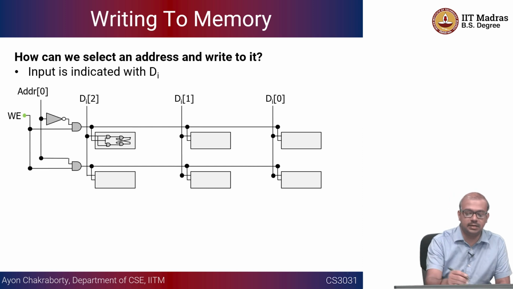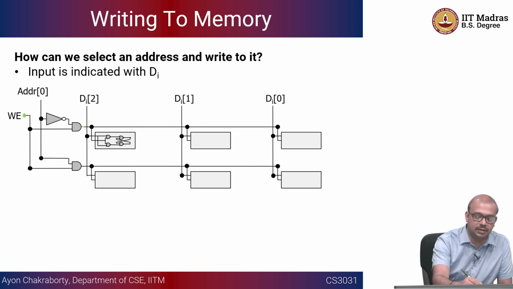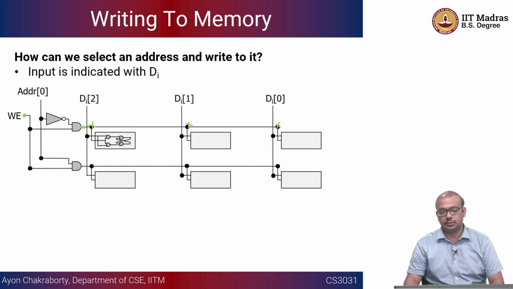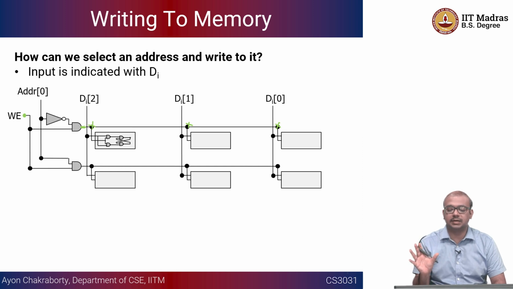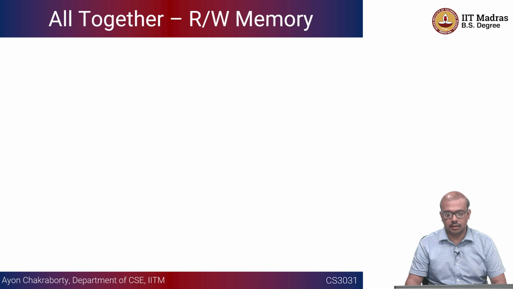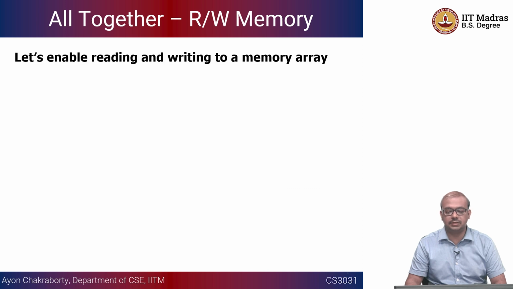Note that the write enable signal is commonly fed, right? If this signal is true, it is going to be true for all of them, right? So that has to do with the addressability. The number of bits that we are addressing here simultaneously is 3. So together, if we combine these two concepts, we are going to have both reading as well as writing to